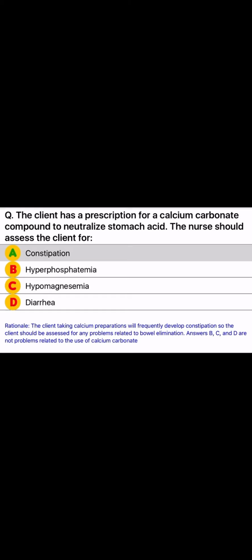Answers B, C, and D are not problems related to the use of calcium carbonate. Q. The nurse is caring